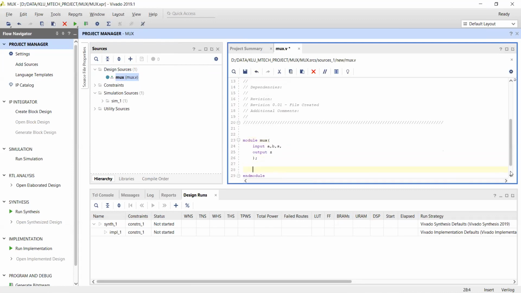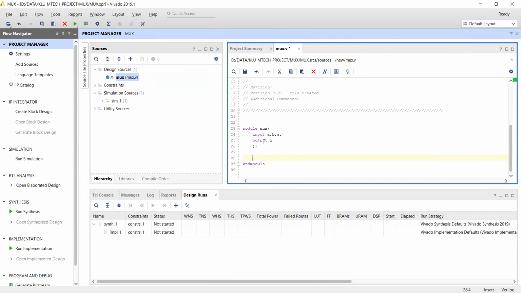So we can directly access it here. This is your code. Now I want to write the rest of the body. The body you can write in different ways. Yesterday we saw either data flow modeling, structural modeling, or behavioral modeling. Based on your description, you can write any style of body, but the header and footer must be the same. In between the header and footer, there is a module name, and input and output ports or variables are existing, right?